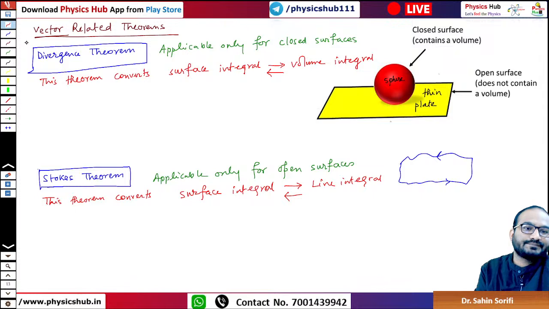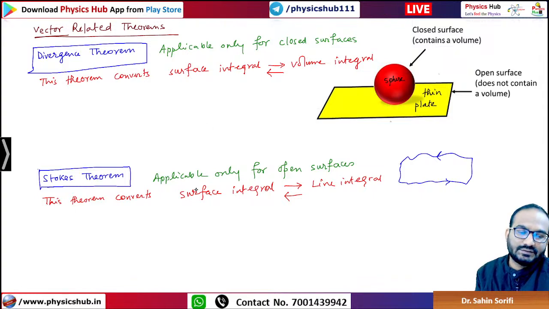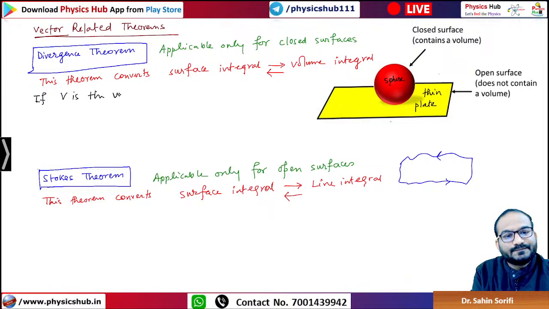Let's talk about the basic statement in these two theorems. Then we'll go to the mathematical form. So what is the divergence theorem? The divergence theorem obviously contains some volume, so V will come into the picture. If V is the volume